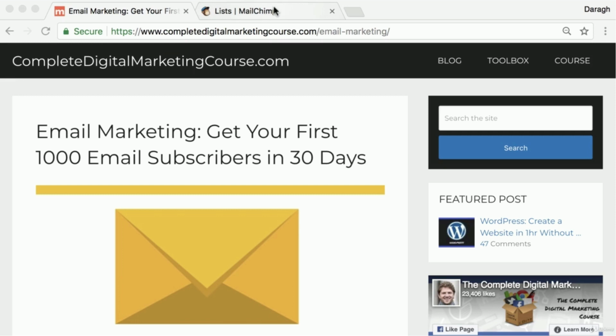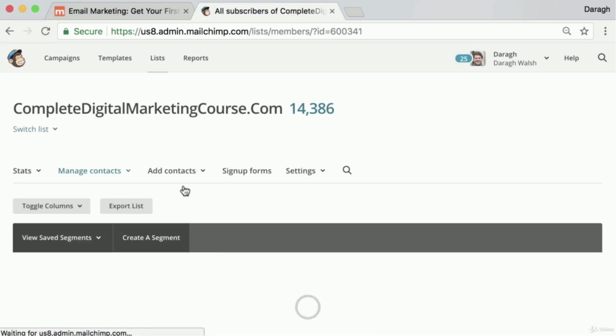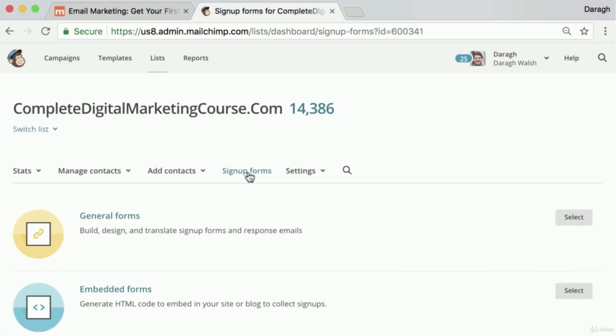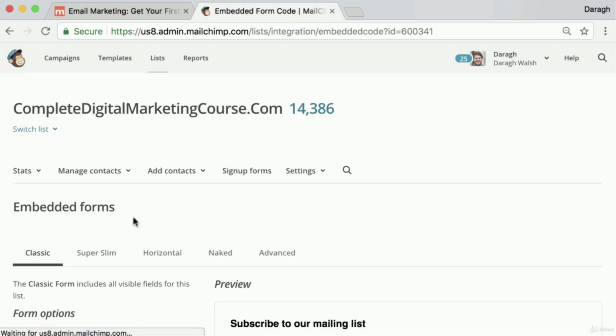So the first step is to log into your MailChimp account and then click into the list that you want to create the sign-up forms for. Once inside, you want to click on sign up forms, and it's in here that you're going to see a couple of different types of sign up forms to create. Now, for a sign up form in the sidebar of your website, you can click on embeddable forms,